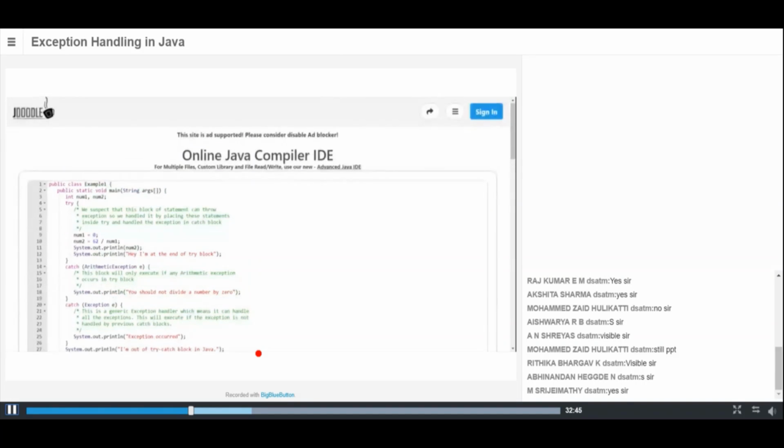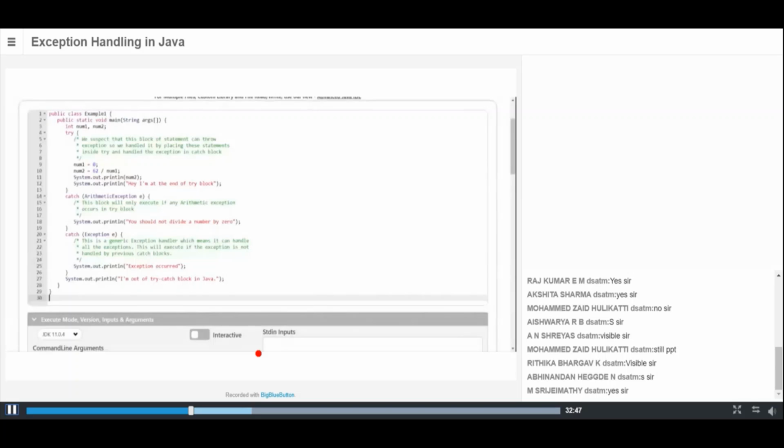I have written a very simple program. I know that if I divide any number by 0, it is going to cause an exception. So I'm going to put those statements in a try block.